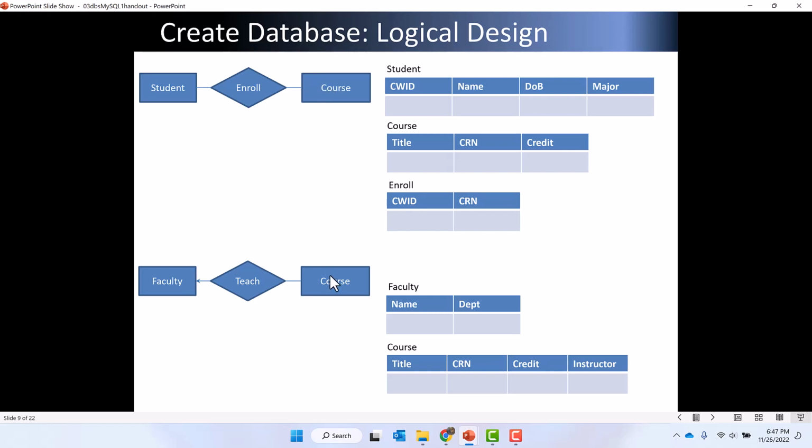This course, this is the same course, right? Can be taught by faculty. We have a one-to-many relationship. Of course, a box will be a table. So there's a faculty table, and there is a course table. Okay. If this is one-to-many,